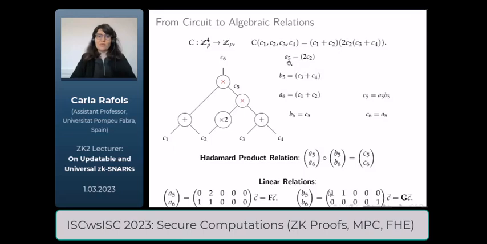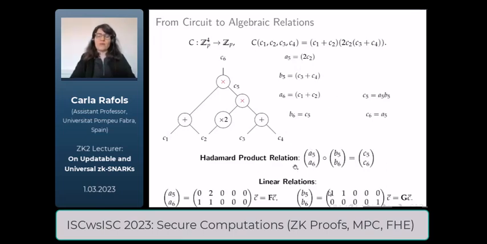I use A, B, and C to refer to the left, the right, and the output wires of each gate. So let's say this is a circuit where this is wire A5, A6, this is wire B6, and this is the output wire C6. The left wire here is A5, and the right wire is A5. And the point is that you can see that I can break down the fact that this circuit is satisfied, that this circuit computes the correct computation, as